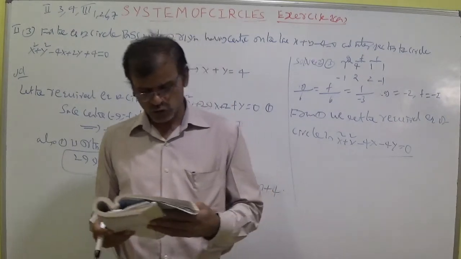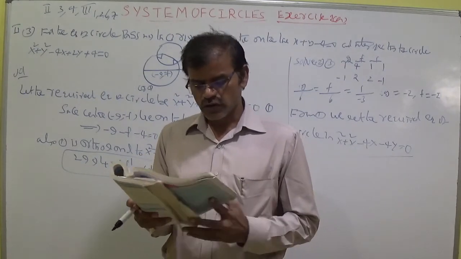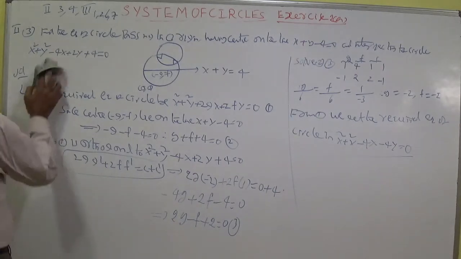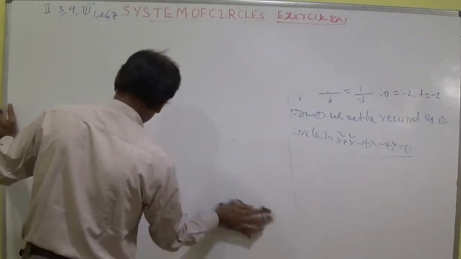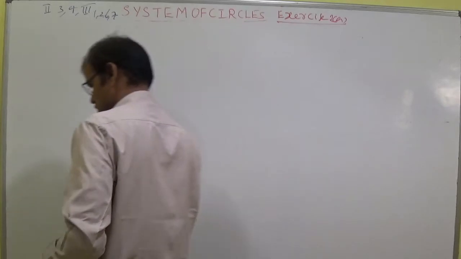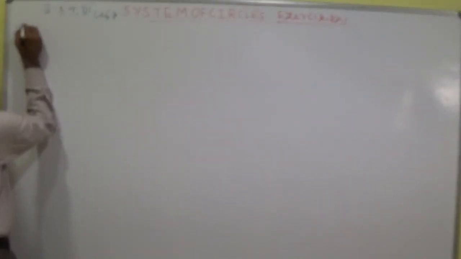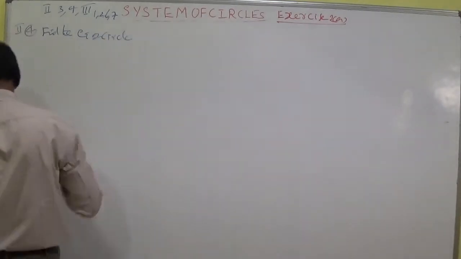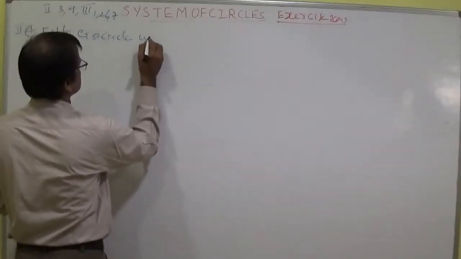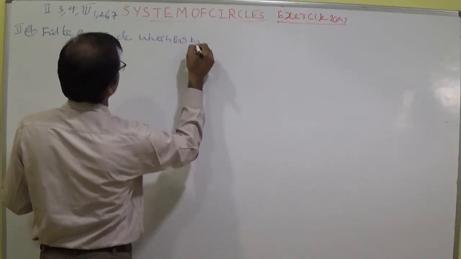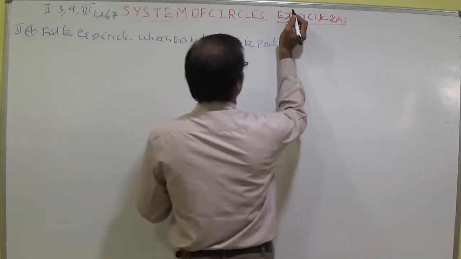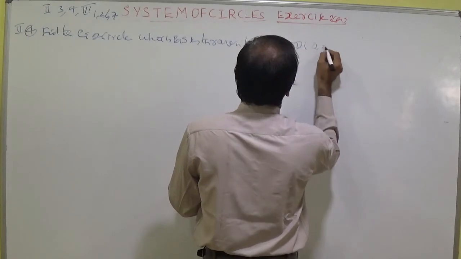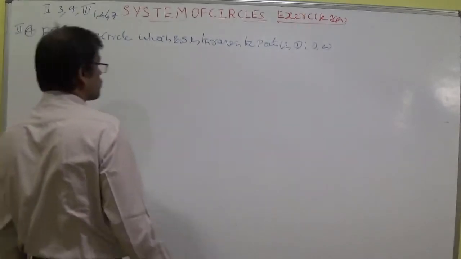Let us discuss Roman number 2, fourth question. Find the equation of circle which passes through the points 2 comma 0, 0 comma 2 and orthogonal to